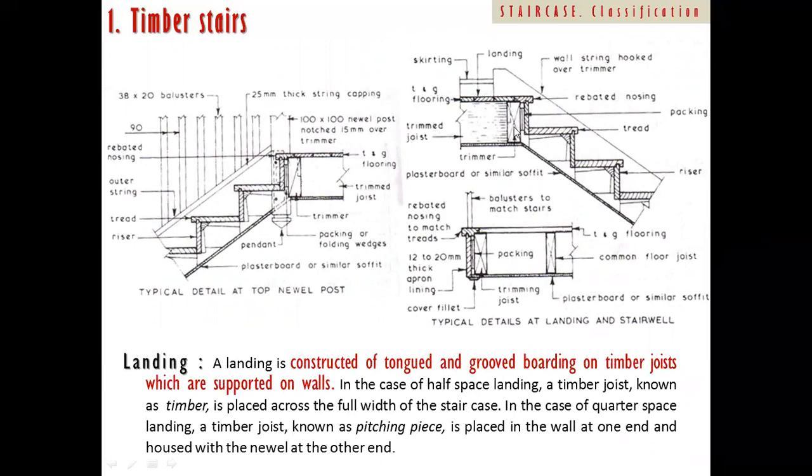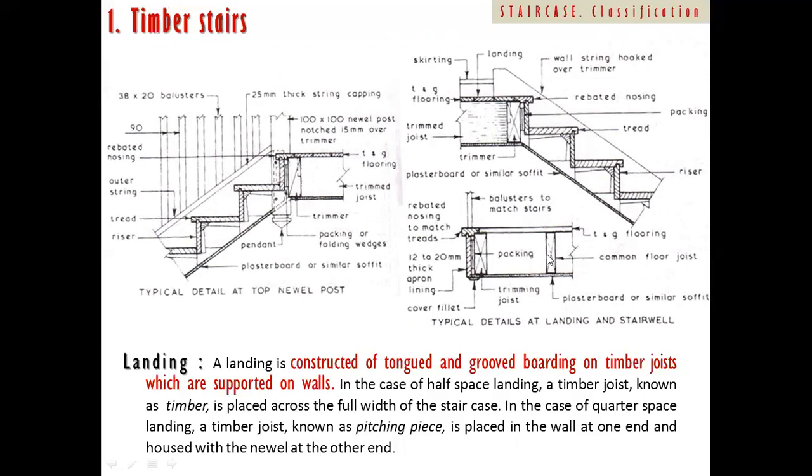So this is a timber joist which will be fixed in the wall, which runs all along horizontally, and over which this entire assembly can be fixed, or you can say this material can be fixed, okay, this tread, riser, and this entire assembly, and another portion can be fixed in the wall. So that is how the entire portion, even the other section you can see here.